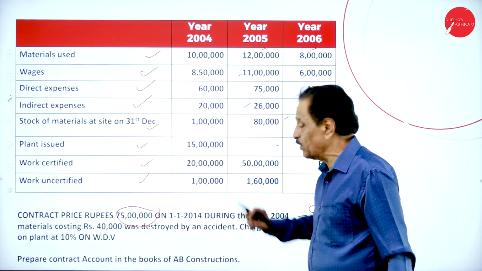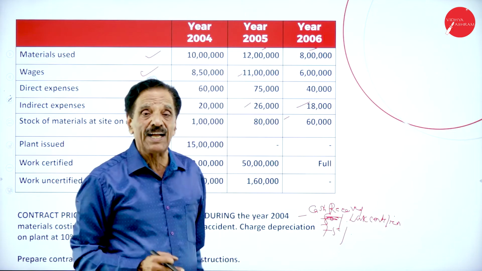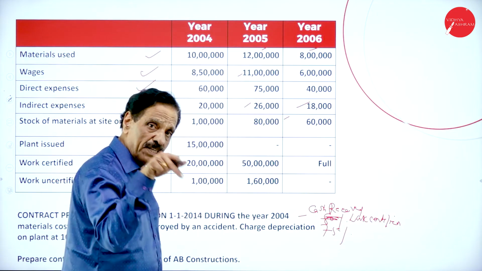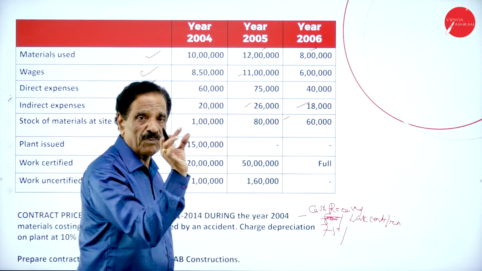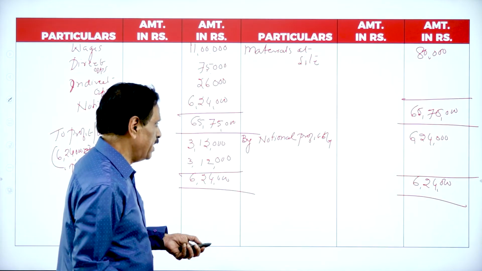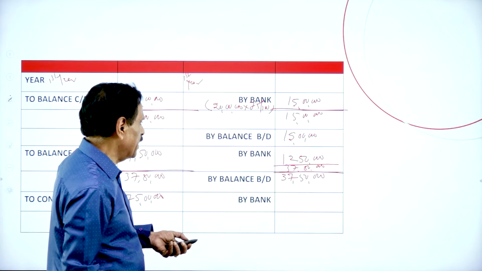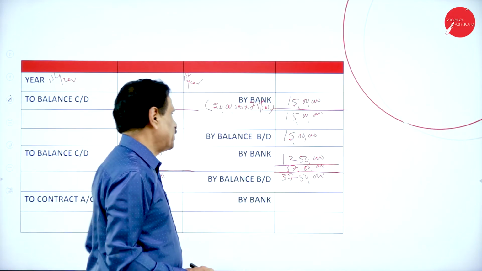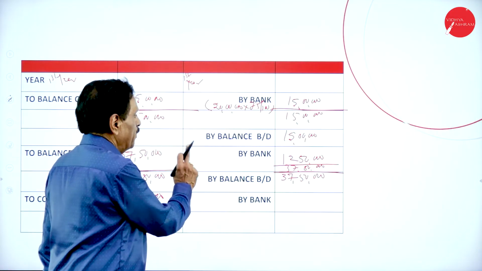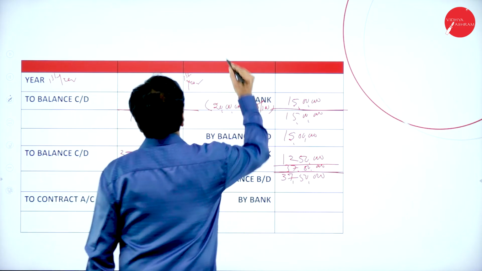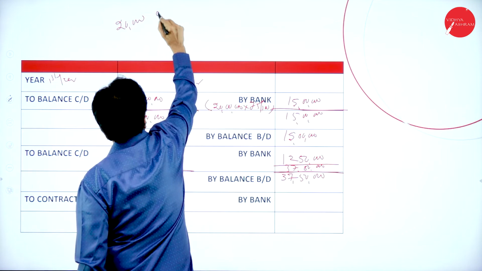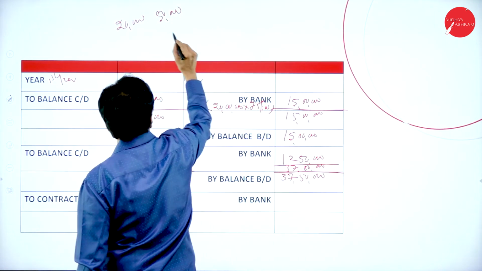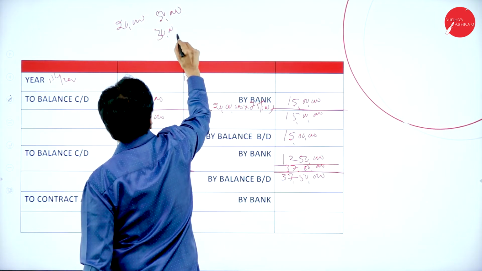50 lakh. First year 20 lakh. Difference of 30 lakh. This year on that 75%. 75% of 30 lakh is half of 15. He is going to receive. Second year. So first year, how much he received? 15 lakh here. First year, he received 20 lakh. Second year, 50 lakh. Difference of 30 lakh.